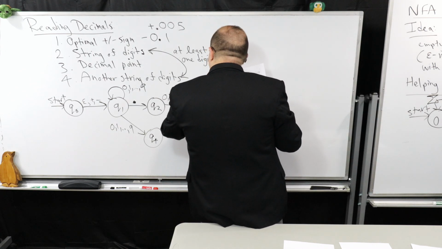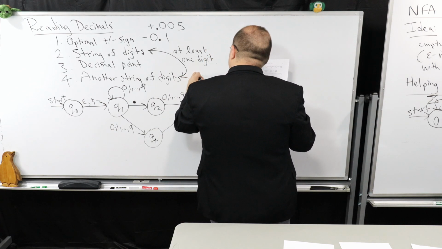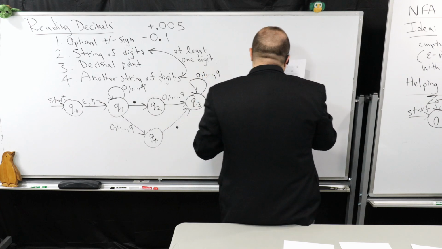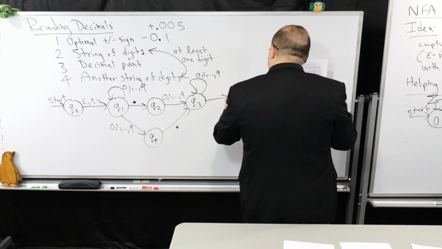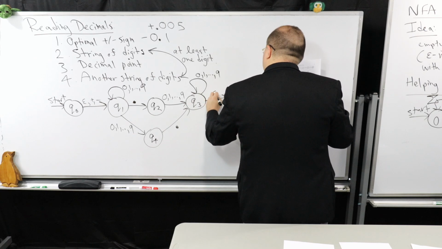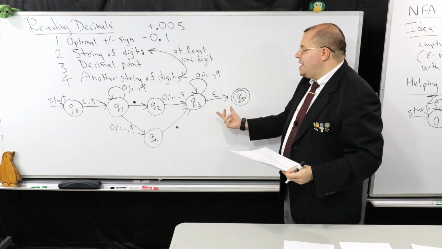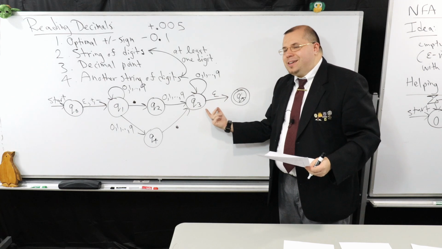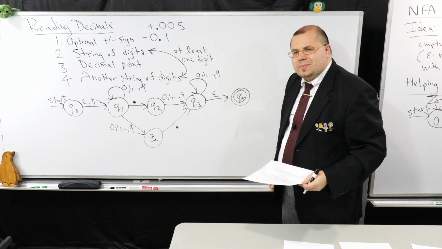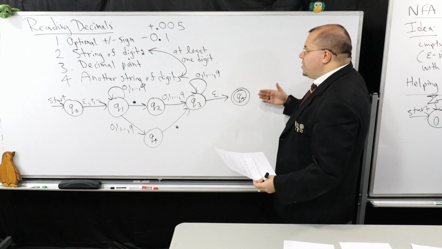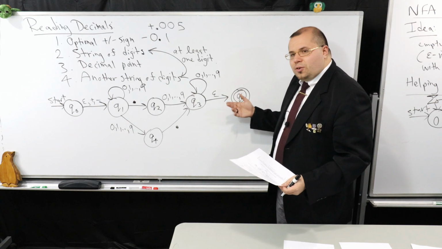And then I'm going to allow you to enter in as many digits as you like, of 0 to 9. But this is the trick. I'm going to use an epsilon transition right here. This is to ensure if I don't want to enter any digits in, I could go immediately to the final state right here. So looking at this, you can see that the two cases are indeed satisfied.